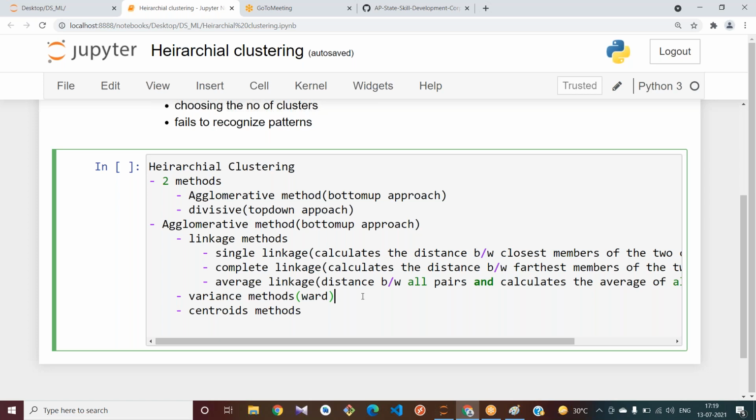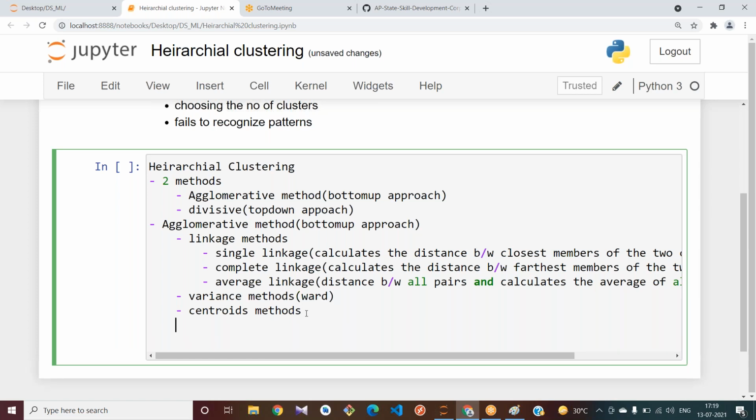And tell me, what is the procedure we follow in the agglomerative method?